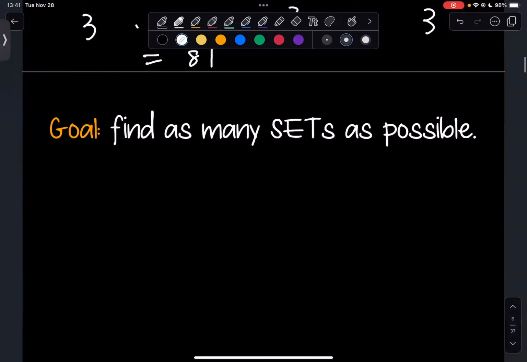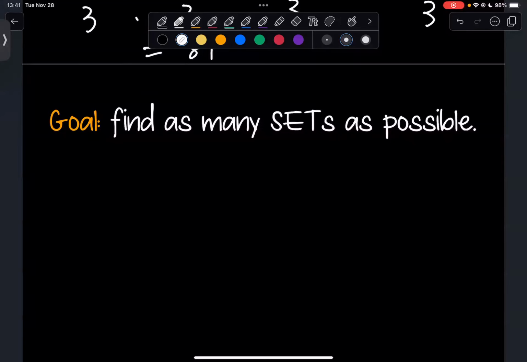Okay, so our goal right now is to find as many sets as we can possible. Really what we're going to do is put 9 cards down on a board, really on some platform, and we're going to search for sets. And as soon as you see one, you're going to pick it up and we'll replace those cards once we're done with that. But we need to know what a set is first before we can think about finding the sets. So we'll talk about the definition of what a set is in this case.